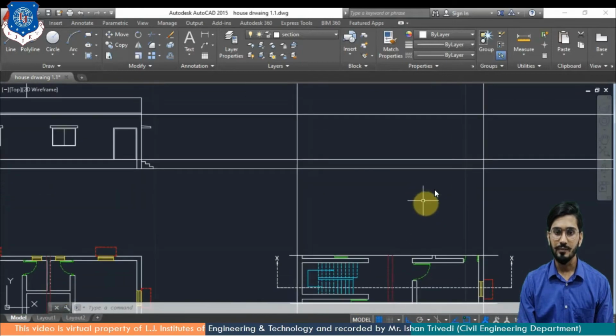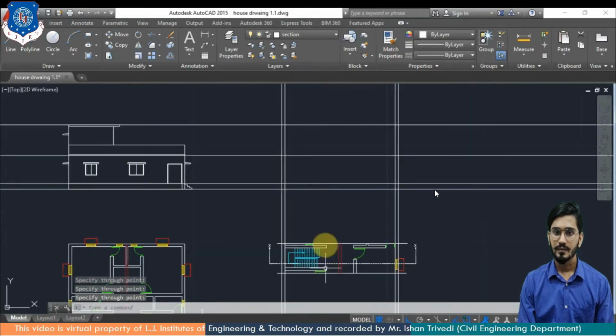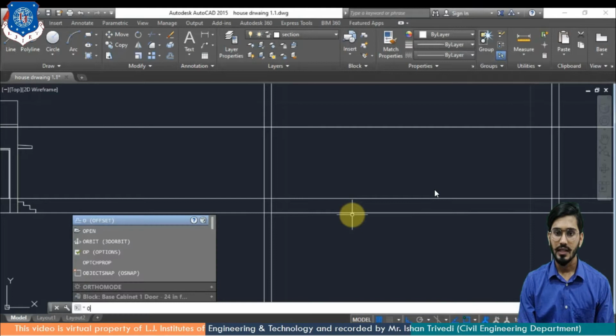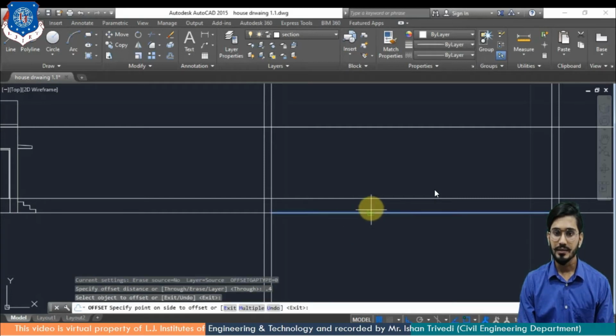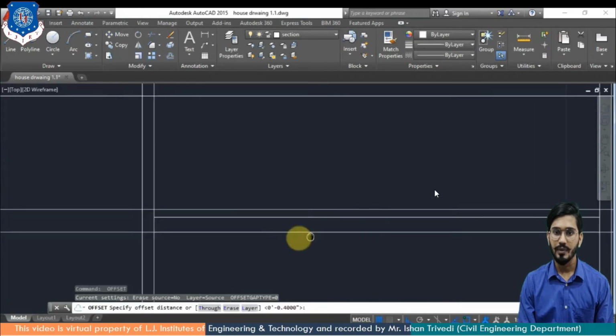Now I will provide the wall by using vertical X-line section. So I have the initial and final layout of all this sectional line. Now I will provide a line command and draw a line at ground level, and then I will provide offset to have a plinth and their various components. This layer is of 0.40 meter and I have just drawn it by keeping the offset.